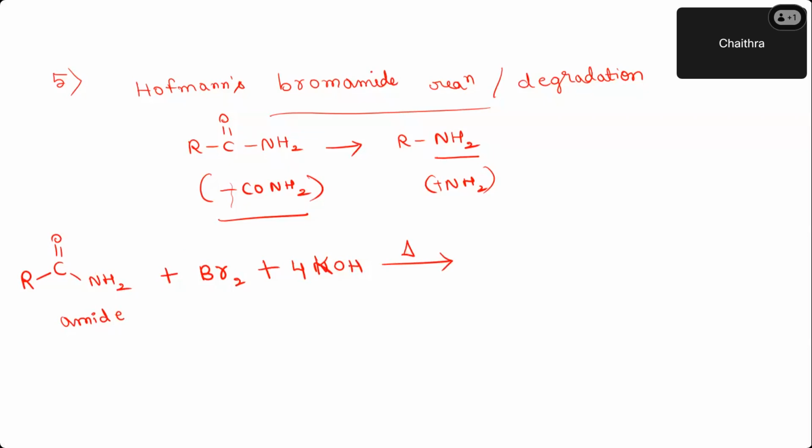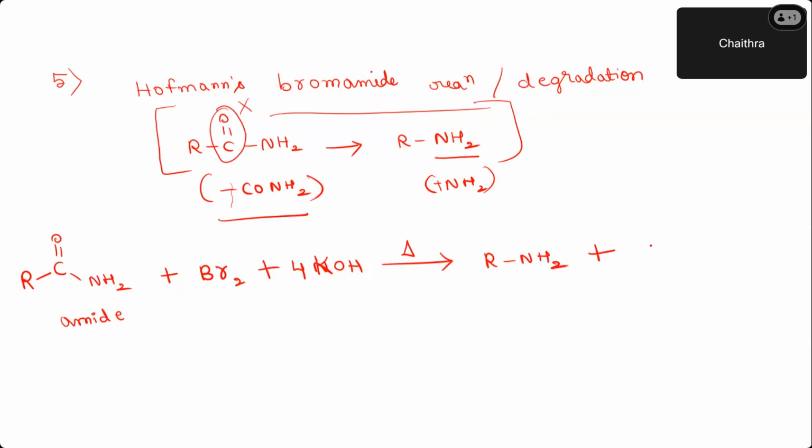Now, you tell me the product. What should be the product? See, look here. This is the general idea you should have. You take amide, you make amine, just remove this part. Yes, Anilin, how is it possible? It is amine, right? So I get RNH2. Yes, correct. Plus, byproducts are also possible. If you write the mechanism, you will understand. But if you write byproducts directly, you have to remember them as they are. Otherwise, you write the mechanism and understand each and every step. Yes, Jeevan, correct, very good.